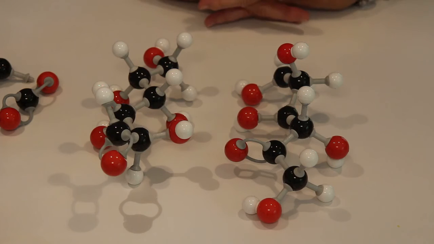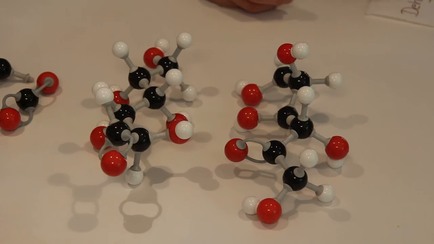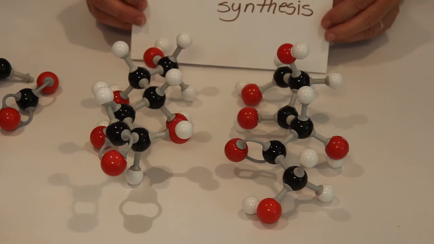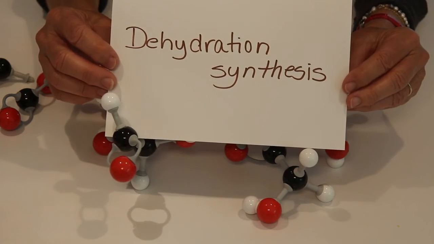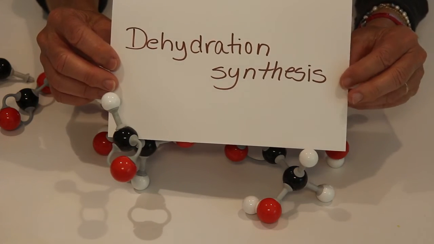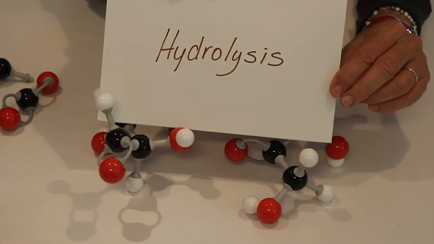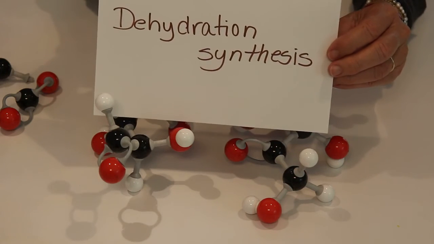So how do these attach is what I want to show you. And vocabulary that you're going to see is this. Dehydration synthesis, and I'm going to flip this, hydrolysis. Dehydration synthesis. First,